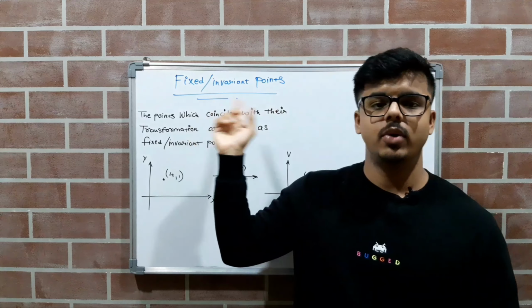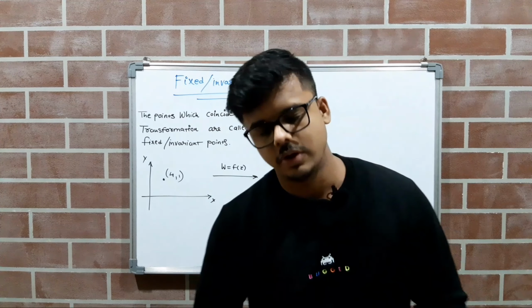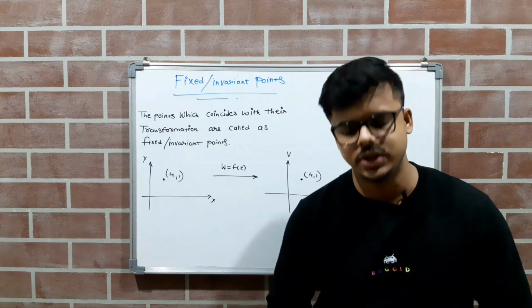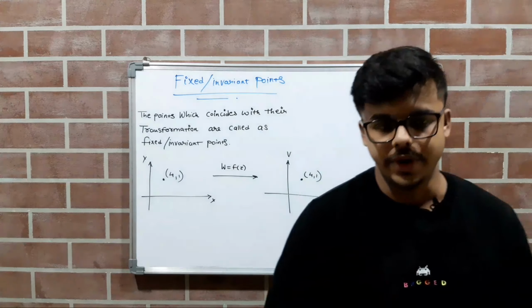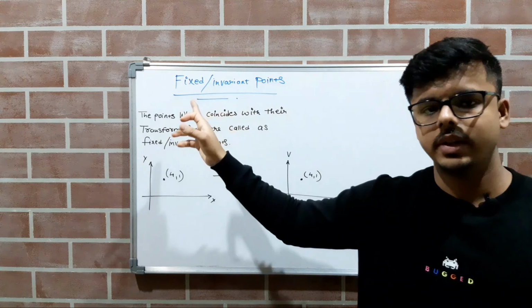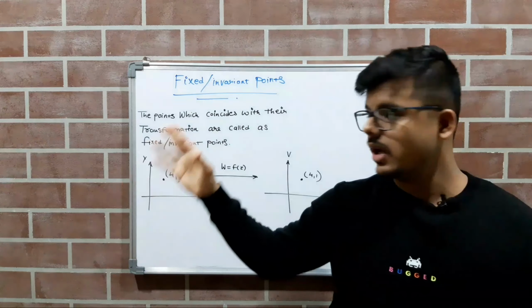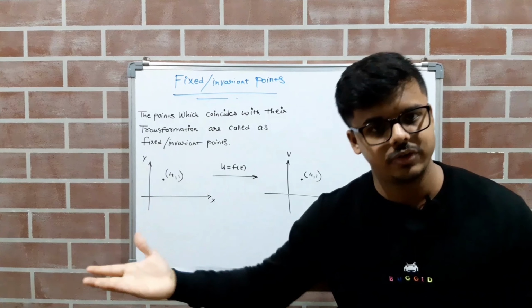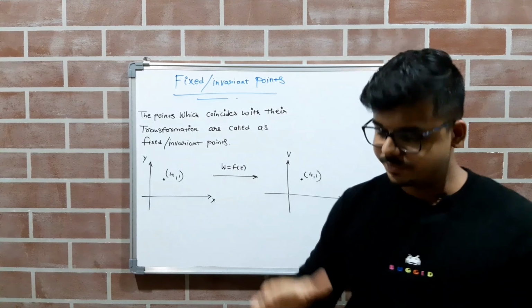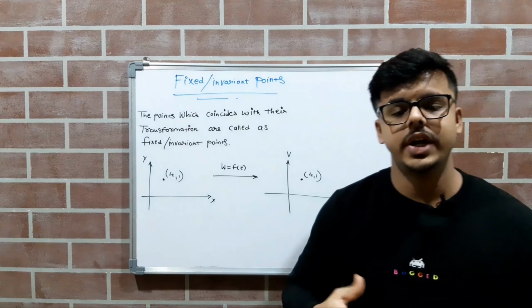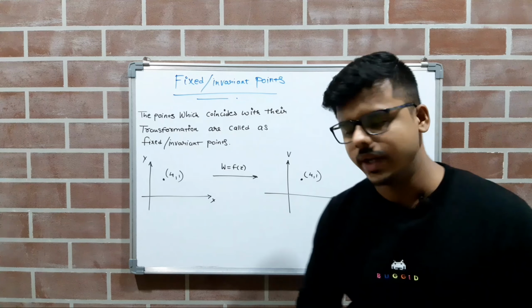So this is a small topic, an extension of the topic of Mobius transformation or bilinear transformation. In this, what do we mean? This is fixed or invariant points. This is a general topic, that means fixed points can be of another type of transformation also. But here in this video we are concentrating on the fixed points or invariant points of bilinear transformation only, right?